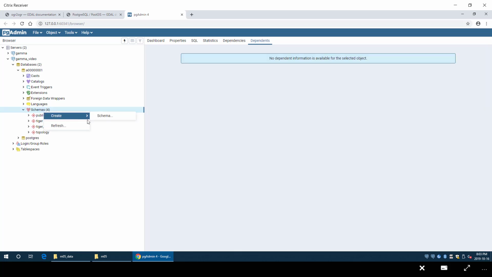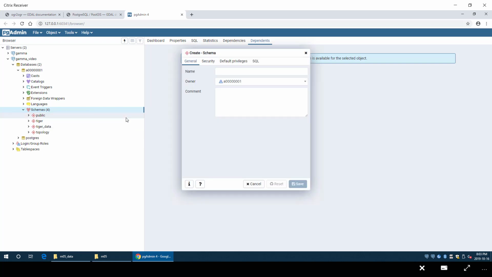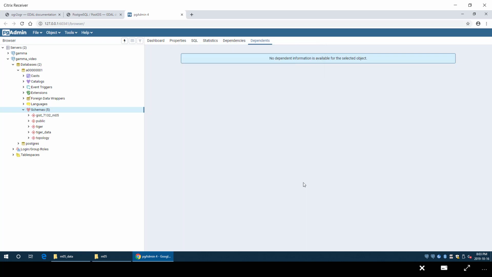So I'm going to right click on here and go create schema. And this is where I said this schema has to exist. So GIST 7132 M05. And I'll go save. There we go. So now what I have to do is I have to open up the OSGeo for Windows